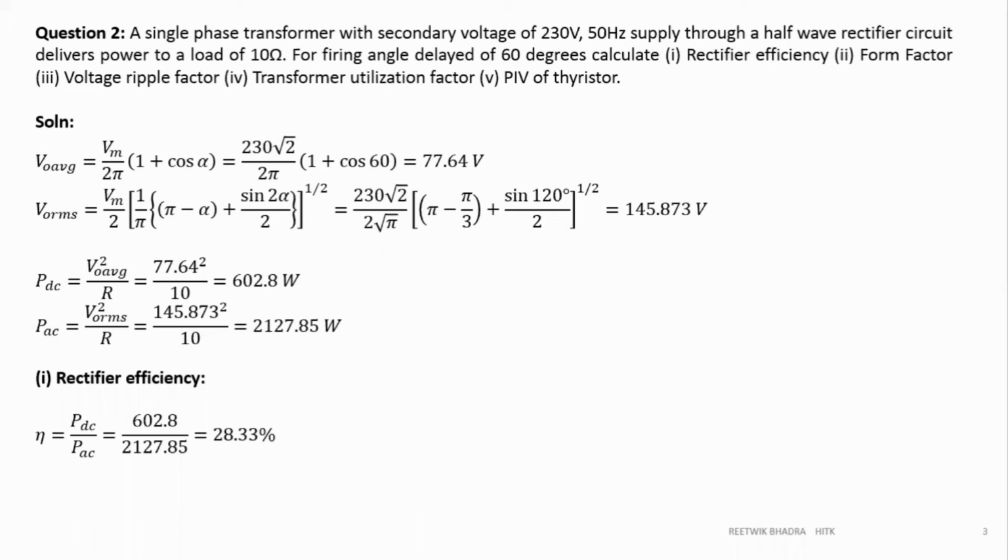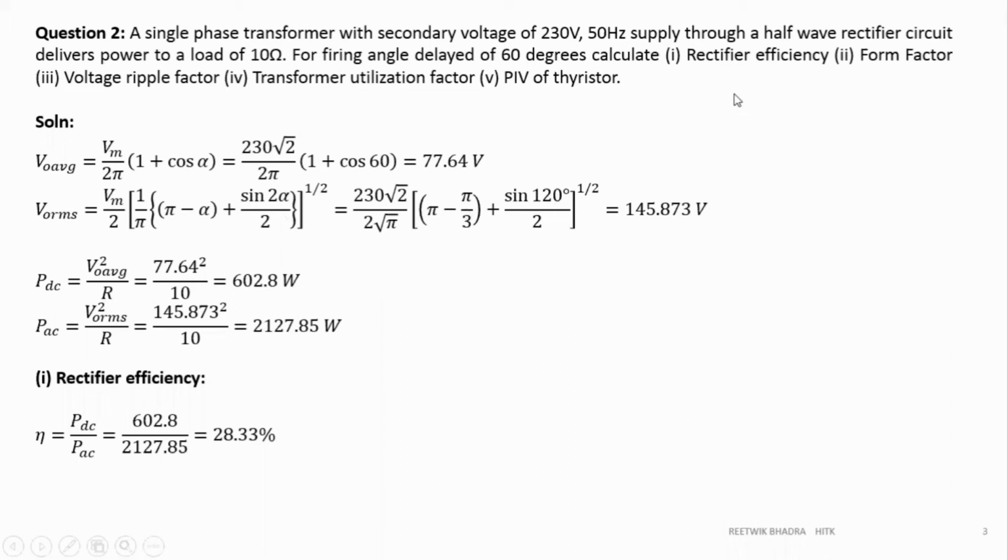But before going into the formulas, you always have to remember your RMS and average formulas. Without that, you can't solve this question. So you see, it is a half-wave rectifier circuit which delivers to a load of 10 ohm. So it is an R load circuit. So we have used the V naught average formula and V naught RMS formula, and calculated accordingly. See, alpha is associated with cos, so used in terms of degree. Alpha associated with sine, used in degree. Alpha associated with pi, so written as pi by 3. Calculated the value, then calculate your PDC and PAC.